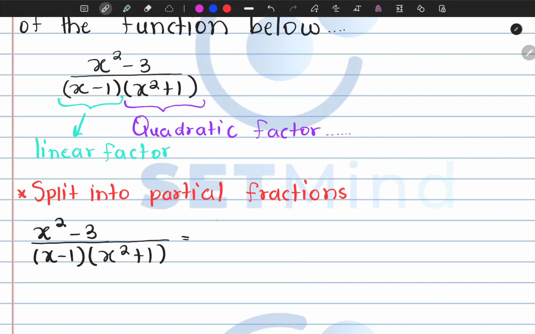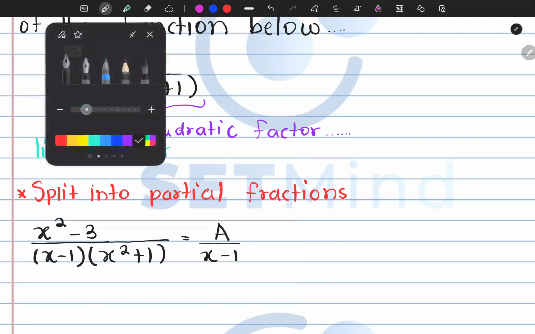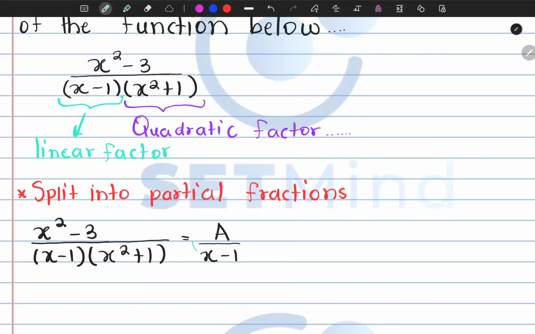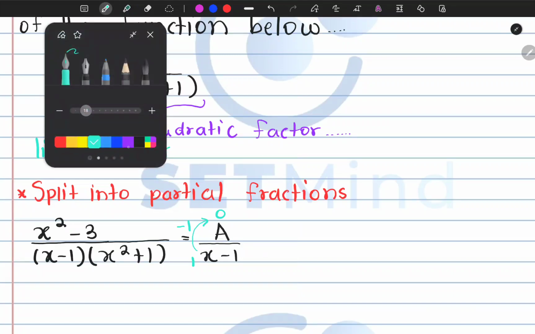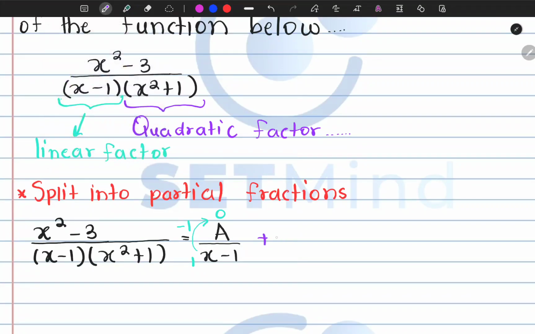So let's have a look at the linear factor. Remember, linear factors always have a constant at the top, over x minus 1. This is because the degree is 1. On the numerator, the degree is 0. On the denominator, the degree is 1. So we always go minus 1 when we go to the denominator. So now plus,